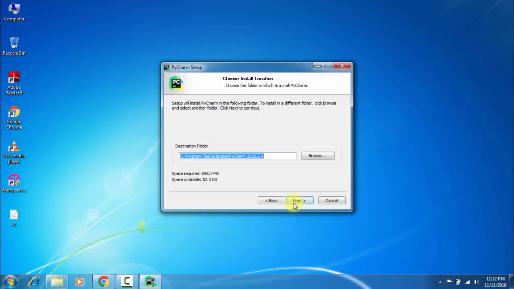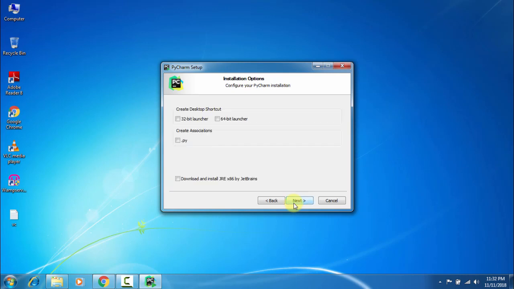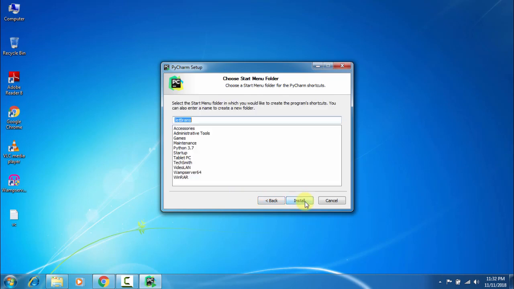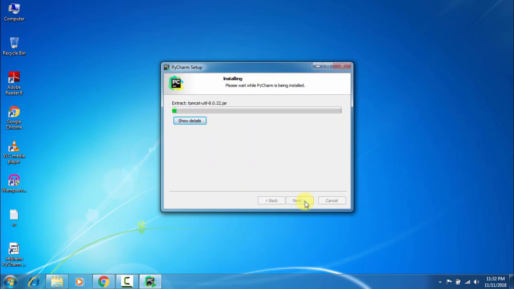click run. Next, the default destination folder, click next, select 32-bit or 64-bit based on your operating system, click next. The installation is going on. It may take a few minutes. It depends upon your system processor and memory. Once the installation is completed,